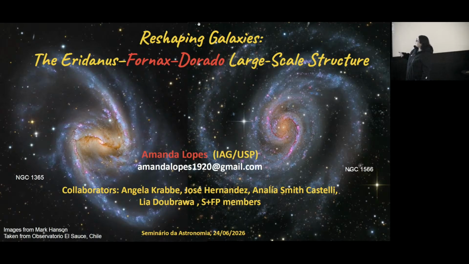Another thing to draw attention to is that I put Fornax-Dorado here in red, because the results that I'll be showing focus on that. But as Eridanus is part of the whole complex, the whole substructure, I added it here for general context. And the collaborators, I have mentioned a few of the collaborators involved with this work,